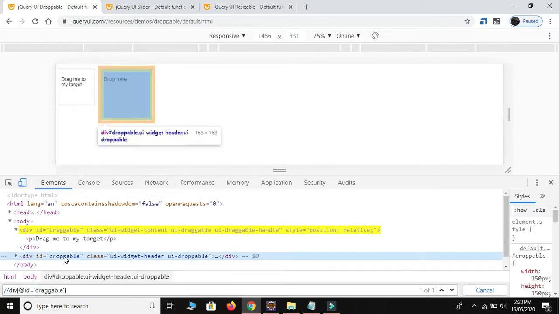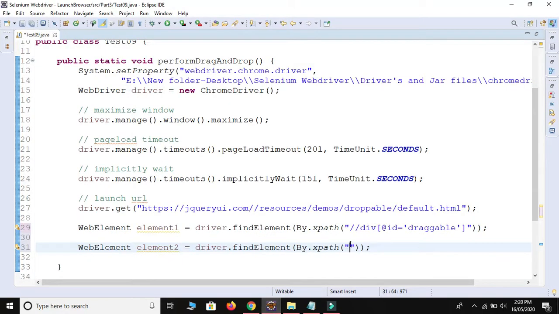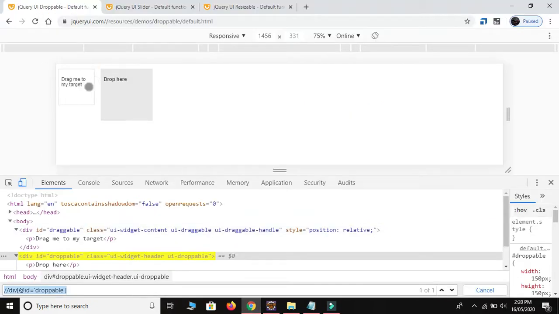The ID is droppable. Just change the ID, paste. I am able to find one of one. Okay, copy and paste over here. So we have both the elements. Element1 is this element, and element2 is droppable. Let me close this one.